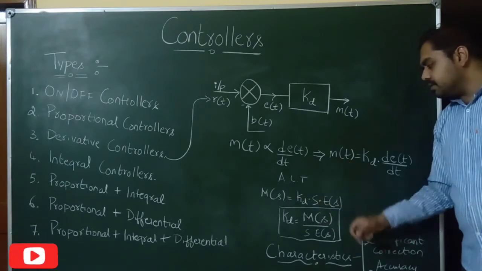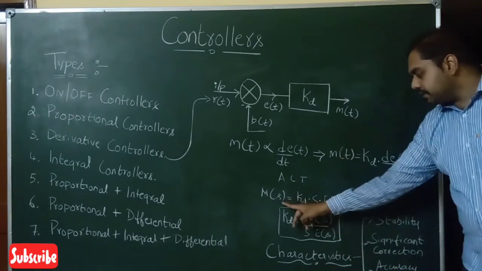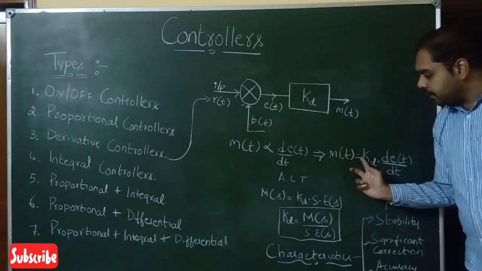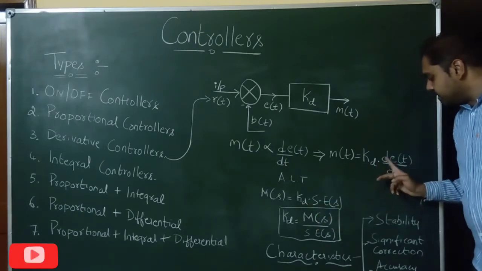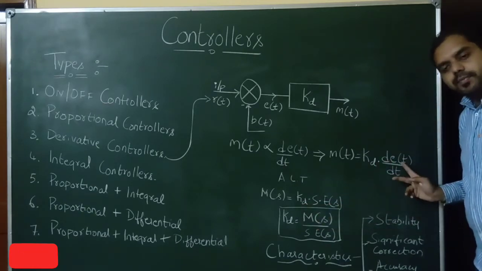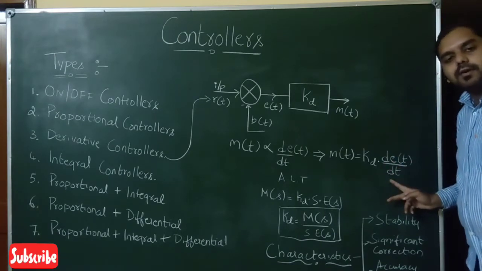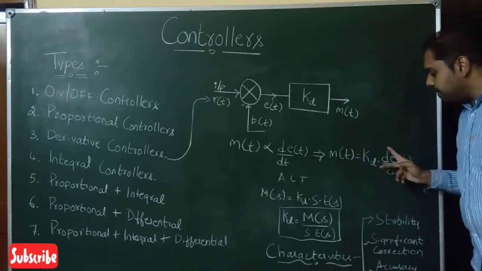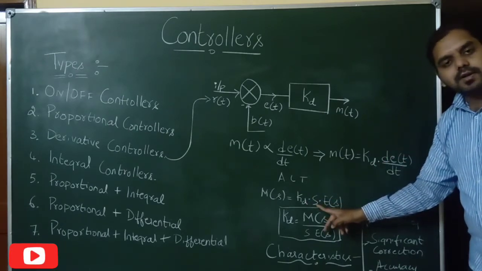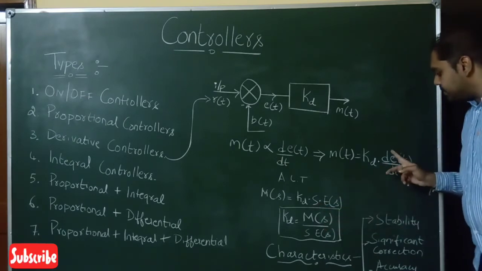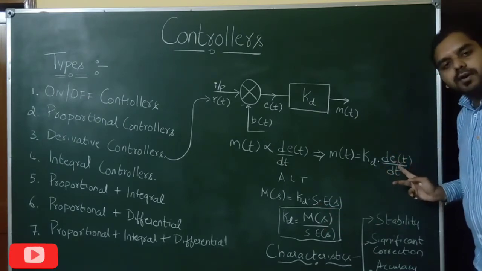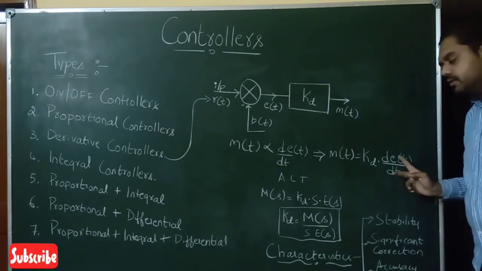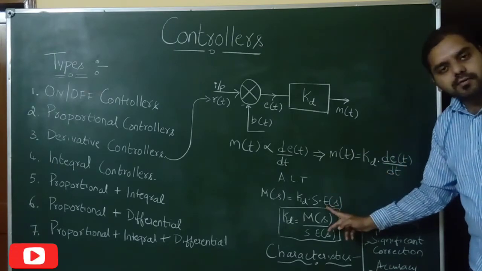Now, applying the Laplace transform, we will be writing this m of t as m of s. This is equal to kd, which is a constant, it will not be varying with respect to time, hence we will be retaining the same thing, multiplied by d by dt into e of t. Now, this d by dt, since it is in the time domain, we need to convert this into the frequency domain. While applying the Laplace transform, this d by dt will be written as s, that is nothing but the frequency domain here. And the last term is this e of t, that is nothing but the input given to our derivative controller, which varies with respect to time. Hence, we will be converting this from the time domain to the frequency domain. We will be writing this as E of s here.